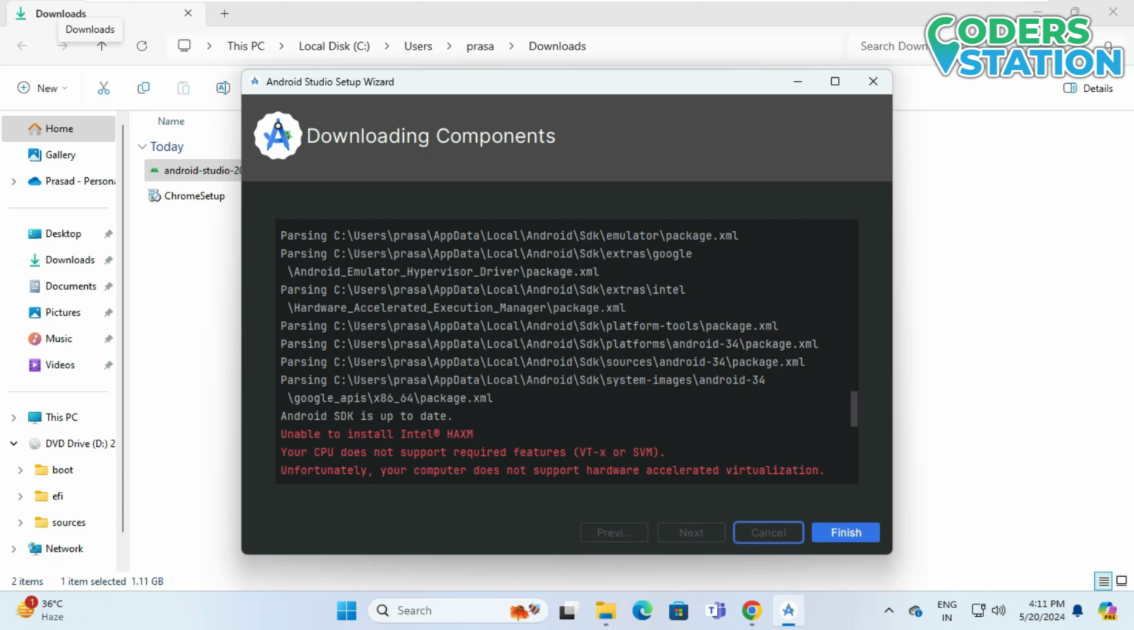Now we can see that downloading of all the components has been done, and in red we can see the message unable to install Intel HAXM. In one of my videos I have already shown how to install HAXM and how to solve such an error. So on clicking the finish button,